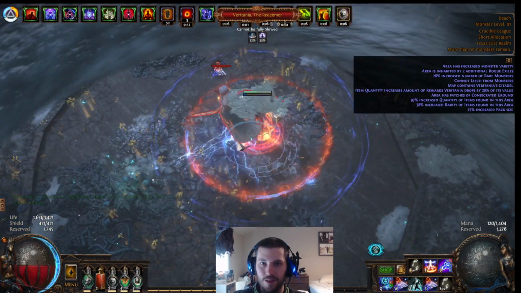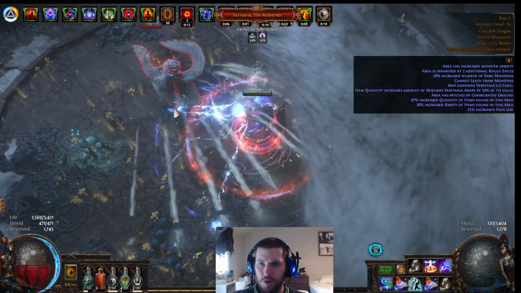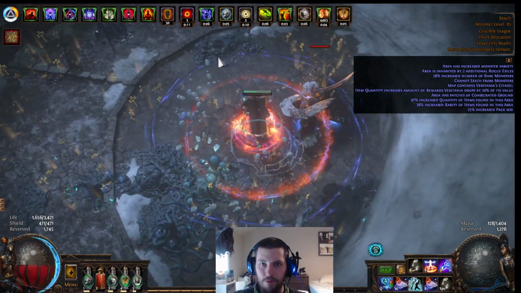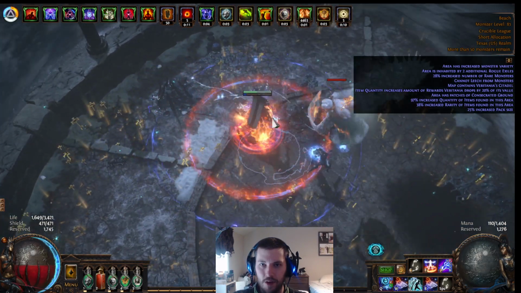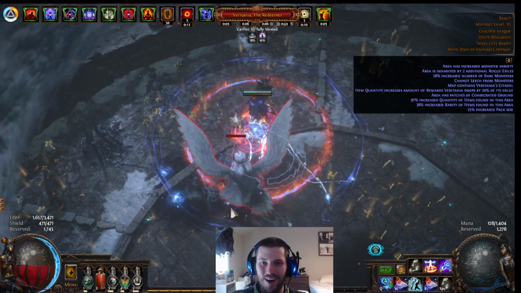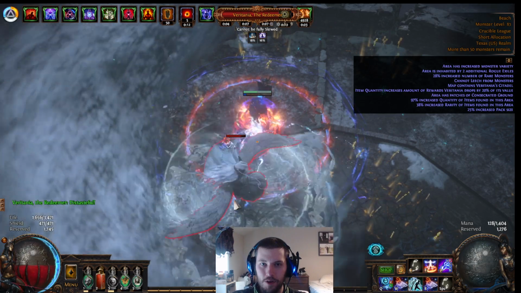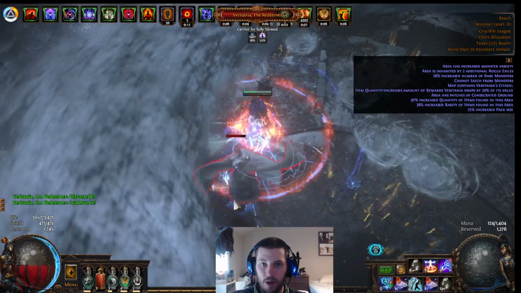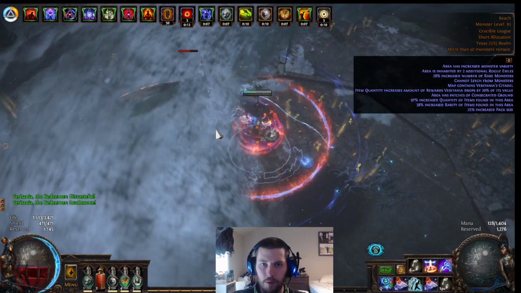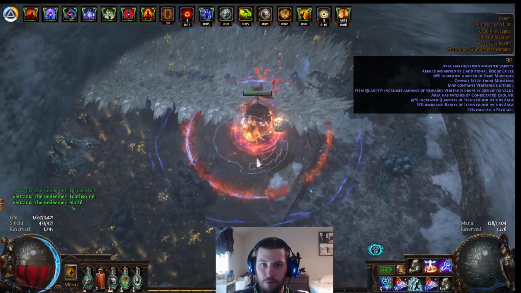Oh, good. This map has Consecrated Ground, and it looks like Veritania is right on top of it, so I guess I have to try to draw her away from it. Little botched. As you can see, my shocks aren't that big either. I need to get more shock effect, basically more ailment effect. I just shocked for 35 at the highest, but for most of the fight...